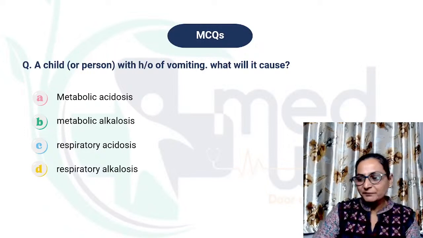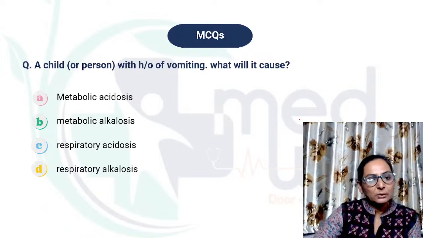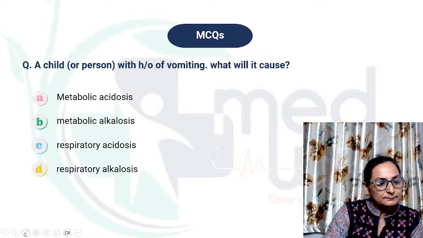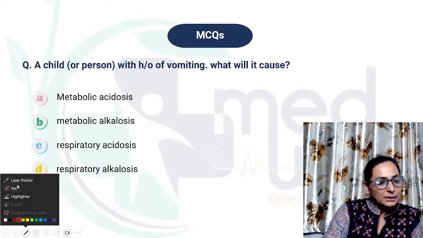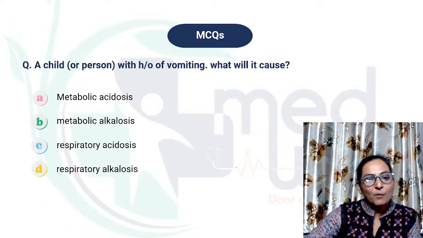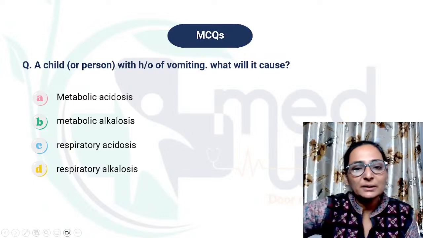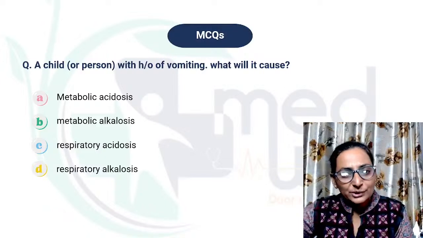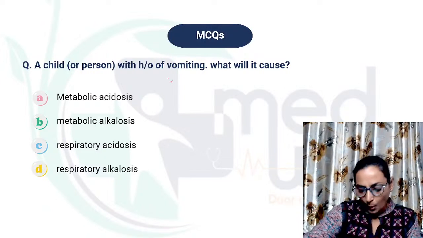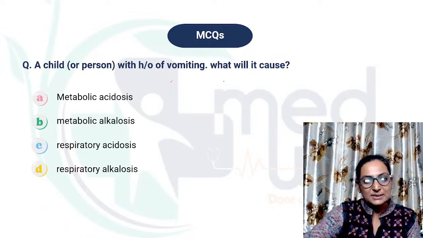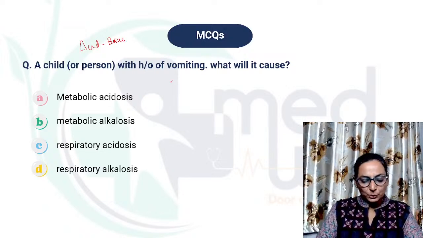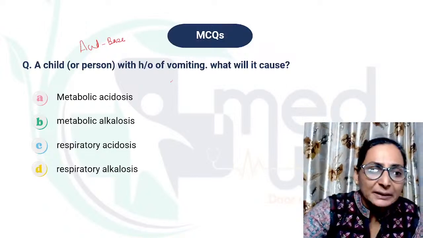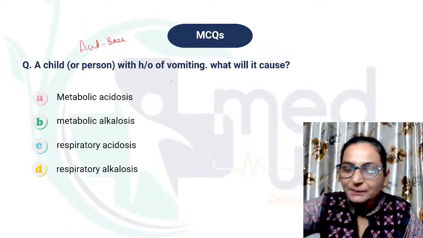तो अभी आप देखो फर्स्ट क्वेश्चन, चाइल्ड, ओके, yes, so there's a child who is coming with a history of vomiting, right? A child coming with a history of vomiting, and the question is based on that: what is this vomiting going to cause? So this is a question which is related to your acid base balance. I will also show you few of the questions which have repeatedly come on this topic. So this topic is really important.